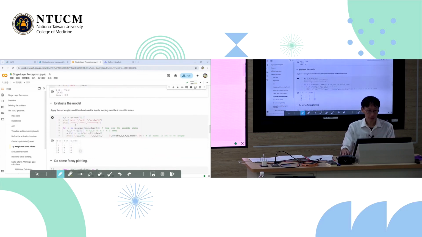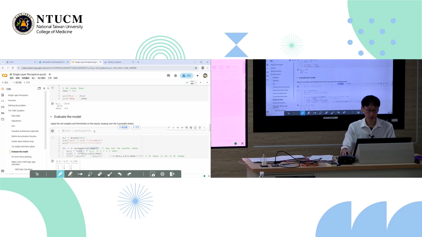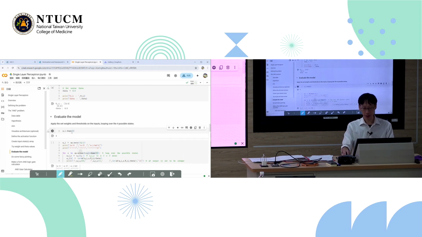Okay. So for those of you who don't know, AI.shape is 4 by 2. AI.shape 0 is 4 because AI is a 4 by 2 array, okay? So the shape will tell me 4 by 2, okay?